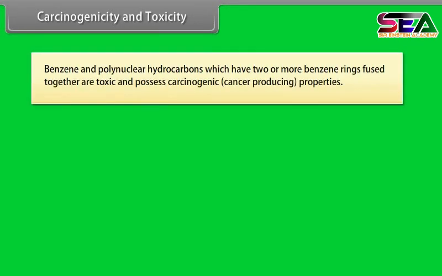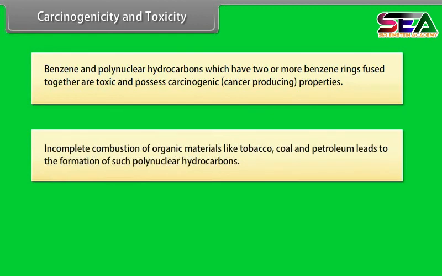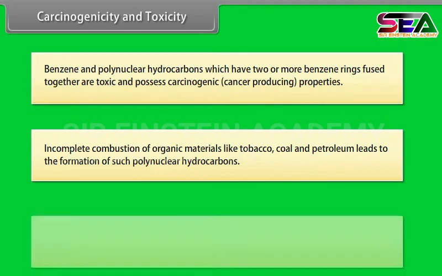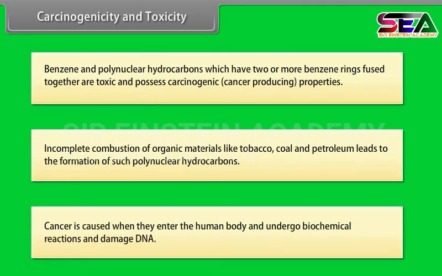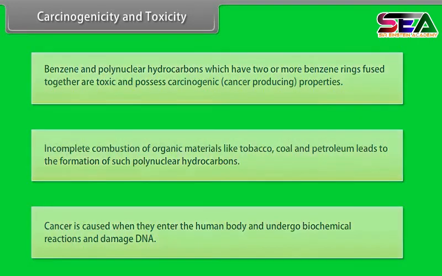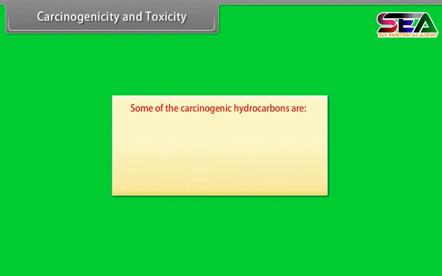Carcinogenicity and toxicity. Benzene and polynuclear hydrocarbons, which have 2 or more benzene rings fused together, are toxic and possess carcinogenic or cancer-producing properties. Incomplete combustion of organic materials like tobacco, coal and petroleum leads to the formation of such polynuclear hydrocarbons. Cancer is caused when they enter the human body, undergo biochemical reactions and damage the DNA. Some of the carcinogenic hydrocarbons are